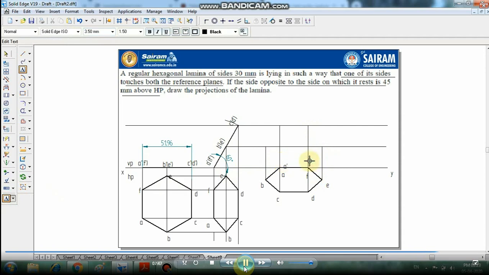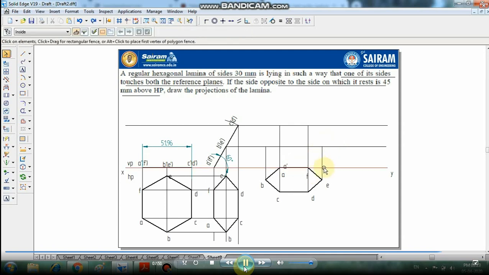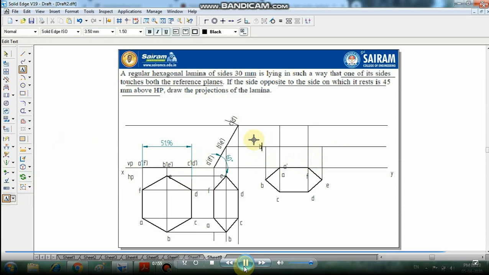Mention the names now: A dash where it touches, B to B dash, C to C dash, D to D dash, E dash here and F dash.